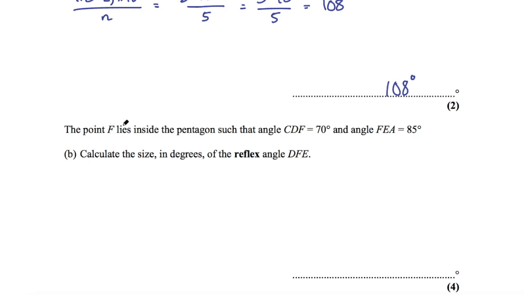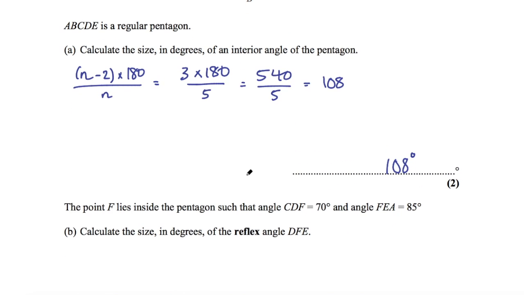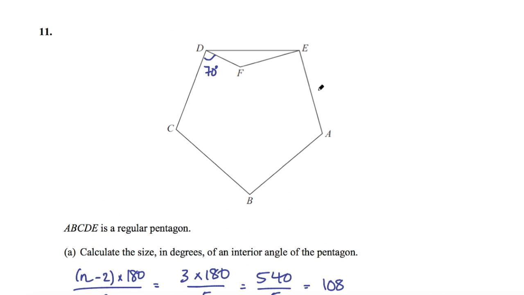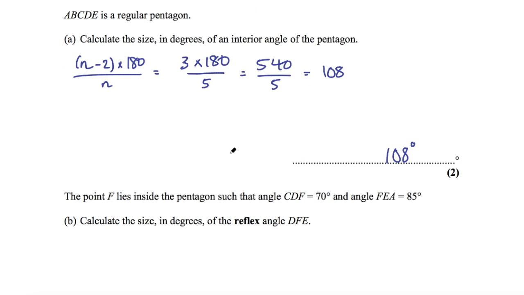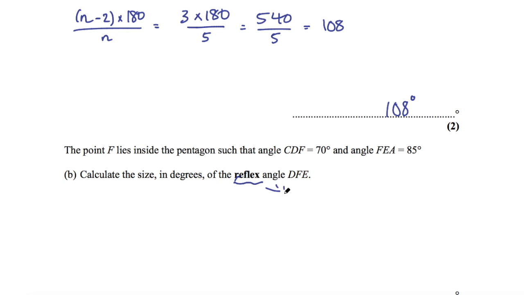The second part says the point F lies inside the pentagon such that the angle CDF equals 70 degrees and angle FEA equals 85 degrees. Okay, so CDF, that's in here, so that was 70. And FEA, that's in here, and that's 85 degrees. Okay, and part B says calculate the size in degrees of the reflex angle DFE. Okay, so reflex, that's an angle bigger than 180. So larger